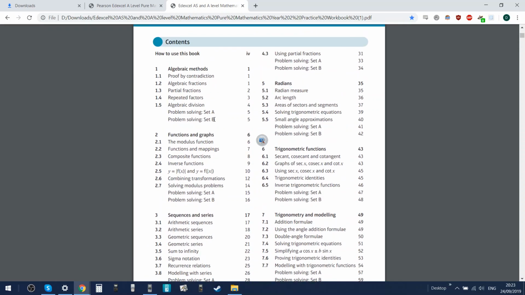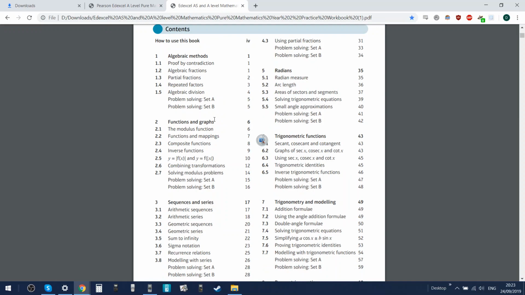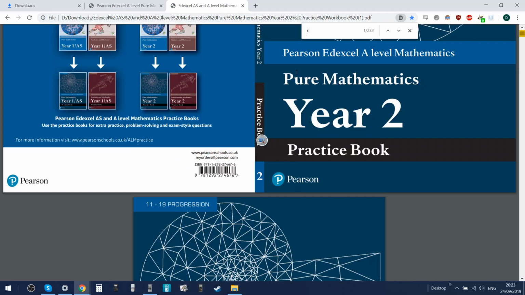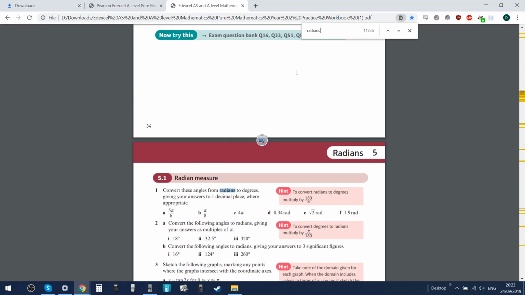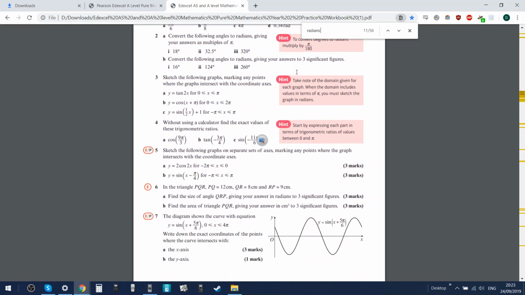Here it says circular measure. So that's like radians. I think we could just revisit all of them, because I'll have another session tomorrow at the same time, if that works for you. Okay. So,